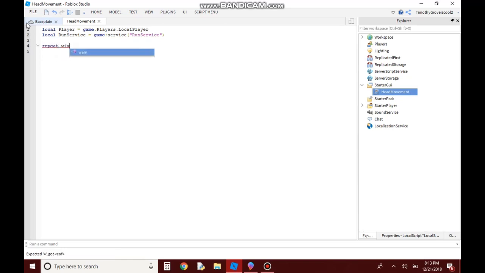So what you want to do first is wait for the player's character, and an easy way to do this is just do a repeat loop. So wait until player.Character, which waits for the character, and then we can call character. So I'll name it char equals player.Character, and then I'll also do